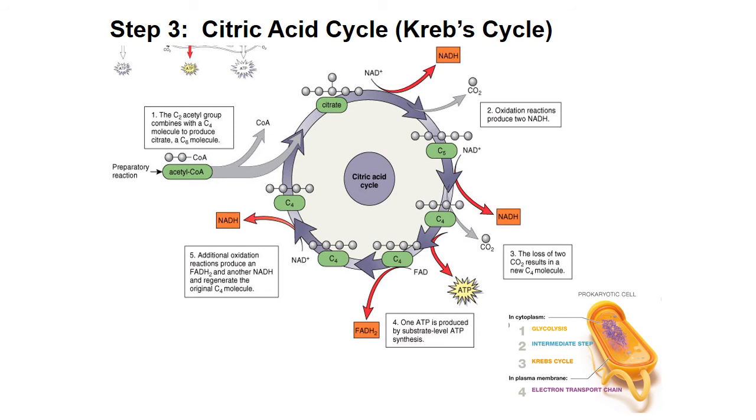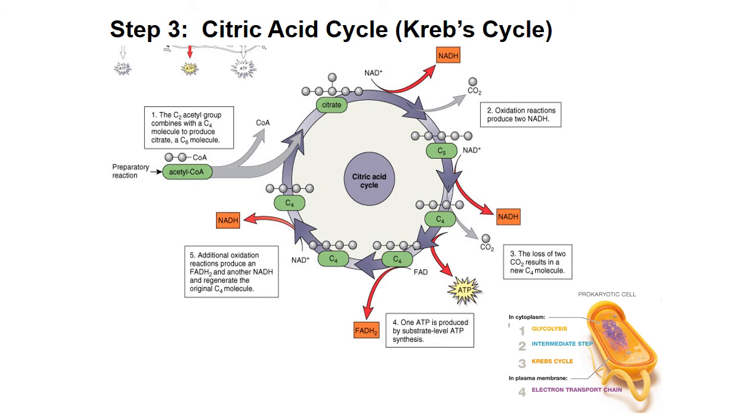The cycle then spins in a circle. As the cycle spins, NADH is going to be formed 3 times, so NADH and NADH. And again, the cycle is occurring twice. So 3 NADHs times 2 is 6. Then we have FADH2s. I'm sorry, that one's just times 1. 1 times 2 is 2, so 2 FADH2s. And last but not least, we have ATP of 2, and we have 2 carbon dioxides, and 2 times 2